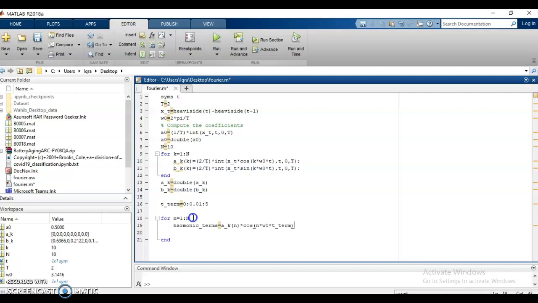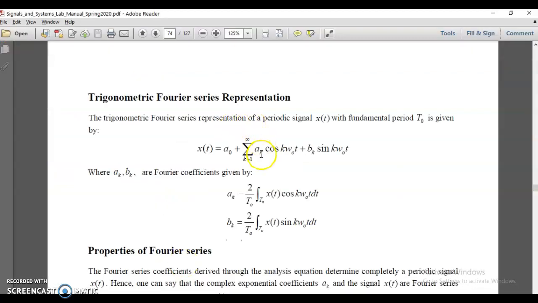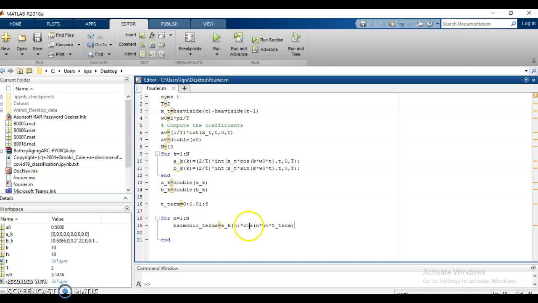Okay, so it's ak cos k omega naught t plus bk sine of k omega naught t. So ak cos of n omega naught t, and plus the same term with, sorry, it's bk at each value of n, and sine